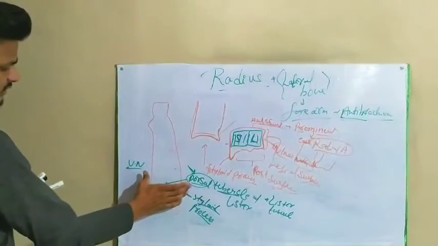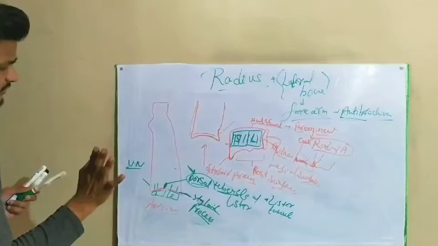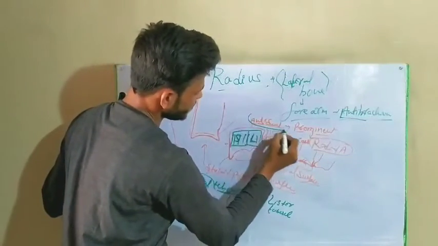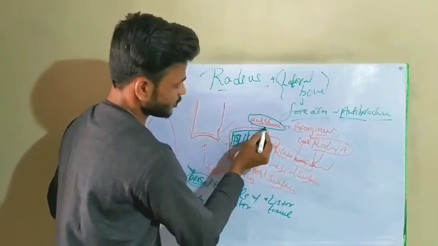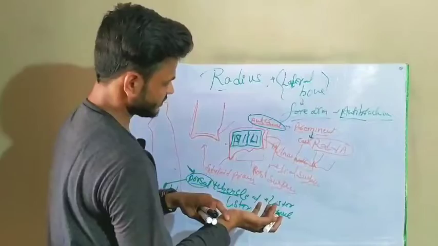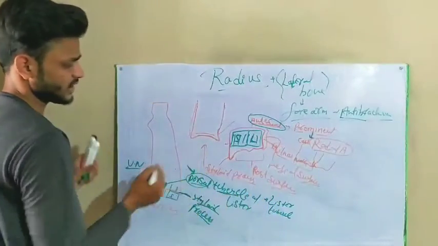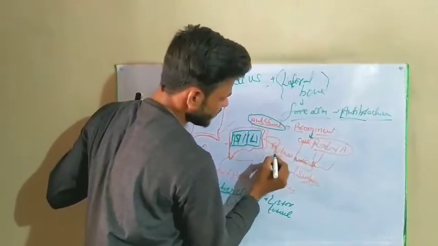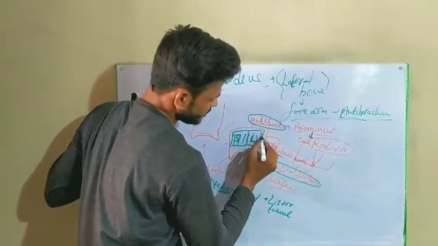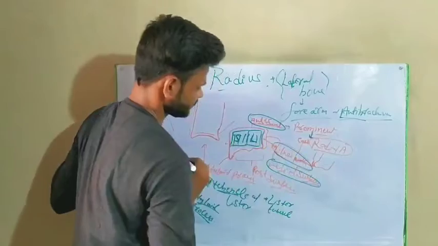So the inferior lower end has five surfaces. Number one, this is the anterior surface, which is prominent, and the radial artery is easily palpated on the anterior surface of the lower end of the radius. And this surface is our medial surface. The medial surface forms a notch. This notch is called the ulnar notch.